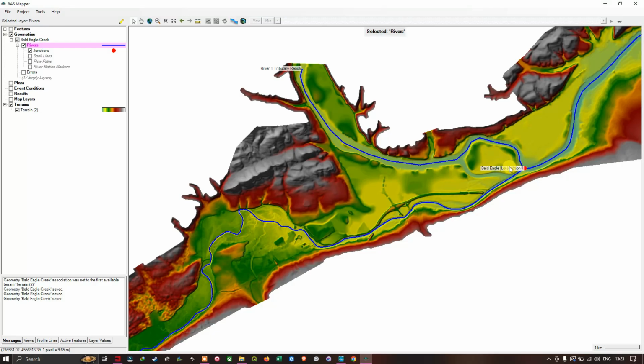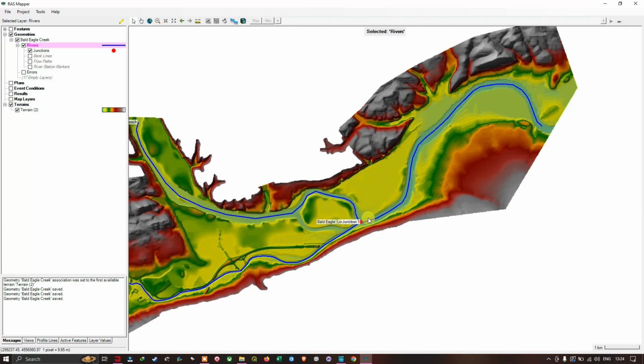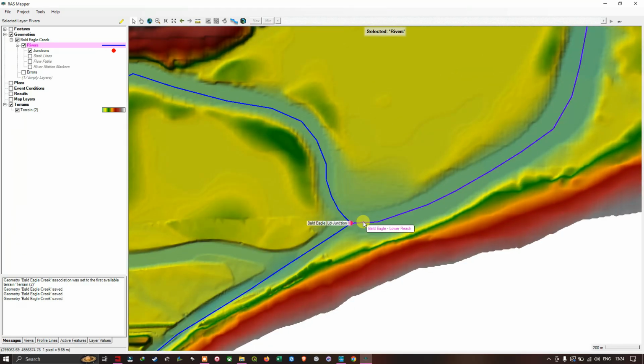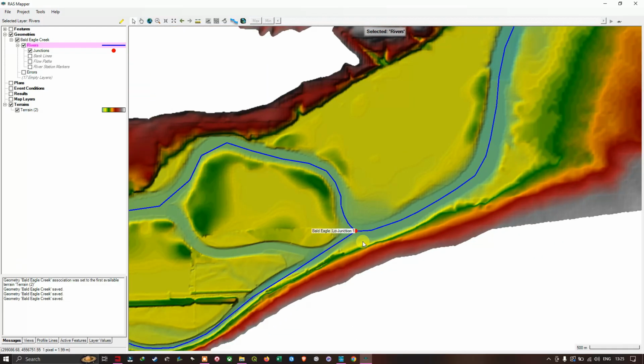So when you digitize the river center lines, you always start digitizing from the upstream end, and move towards the downstream. And if you have a junction here, make sure that all the endpoints meet at this junction here. So that is, whenever you have a junction, make sure that all the endpoints of your reaches meet at the junction here. So they basically intersect with each other. So as long as you follow those rules here, digitizing the river center line should not give you any errors. So in this video I have shown you how to digitize the river center line in HEC-RAS 2D for